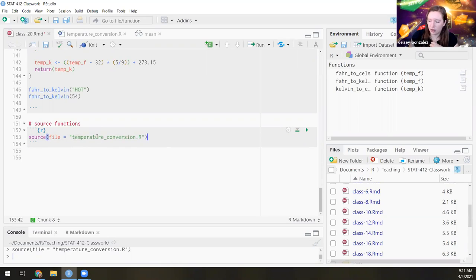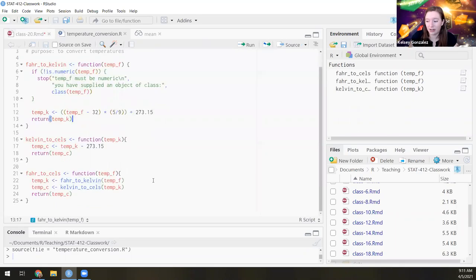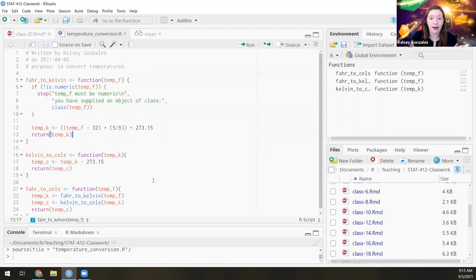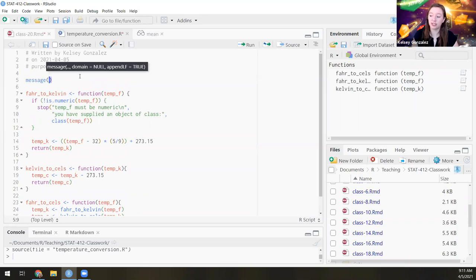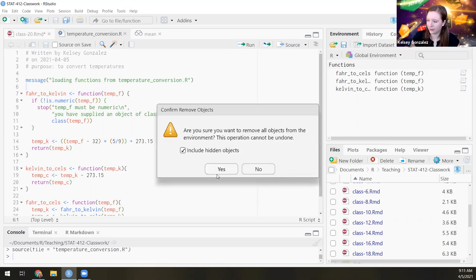This temperature underscore conversion dot R will run the entire R script though, which can be good or bad. If you have things in there that you don't want run, you're going to need to comment them out with the hashtags. But it also is a good thing because I can add in a message. So I can say message, which will print out to my console, loading functions from temperature conversion dot R. So now if I save this and I get rid of my functions here,